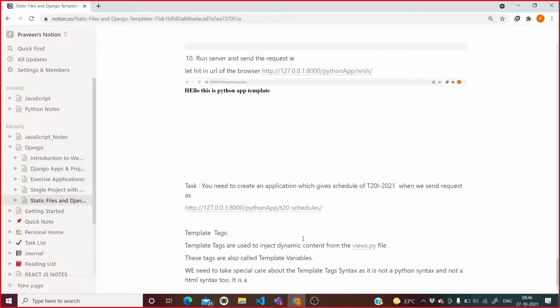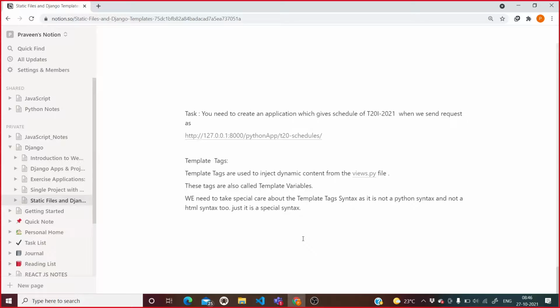It is a special syntax. Now if it is a special syntax, then definitely we need to learn that, right? We need to learn that.